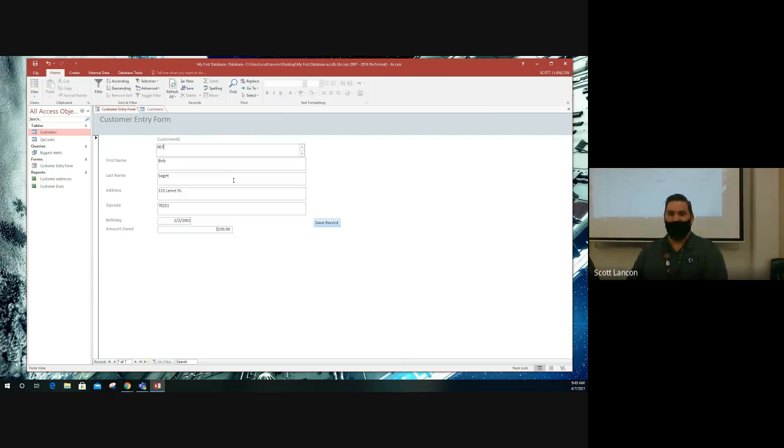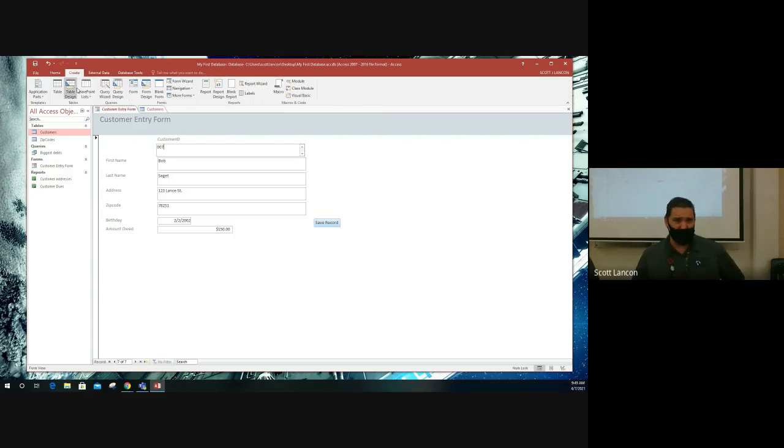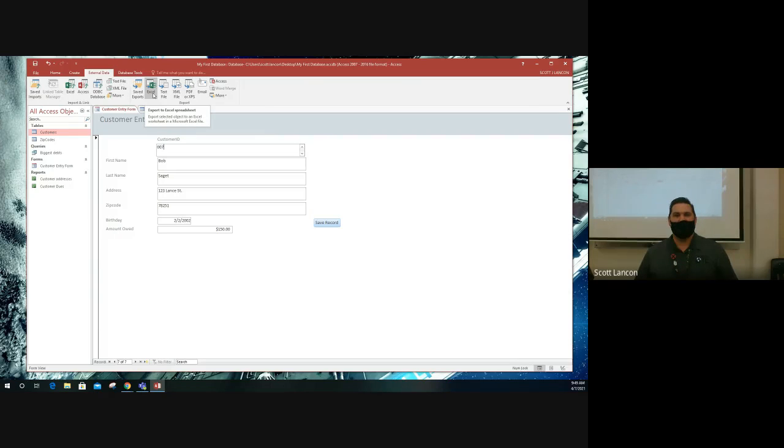Okay, so what we've talked about now, we've talked about creating tables. We've talked about creating queries. We've talked about creating forms. We've talked about creating reports. There's really only one thing left to talk about, and that is getting external data into the spreadsheet or database, or also exporting data, taking data and putting it out of the database. Okay. Now,